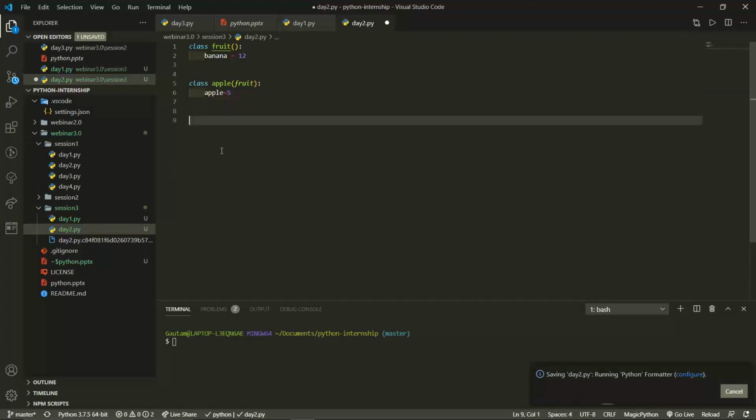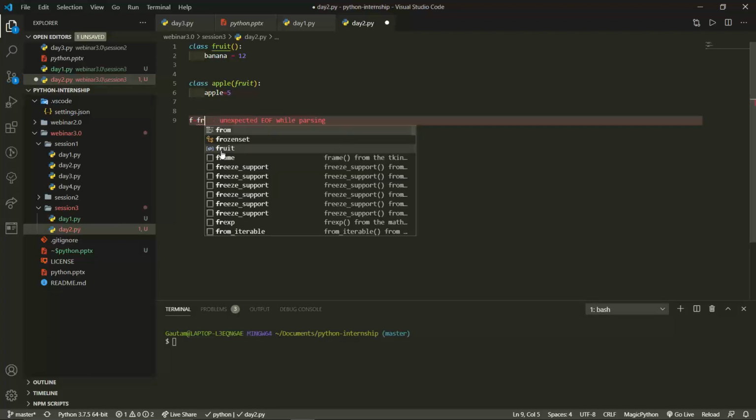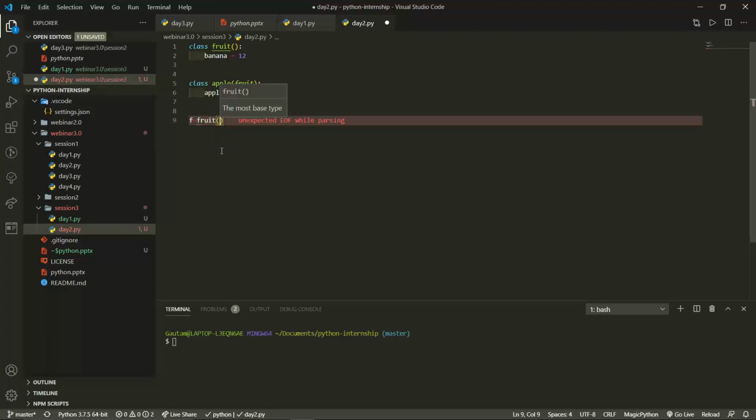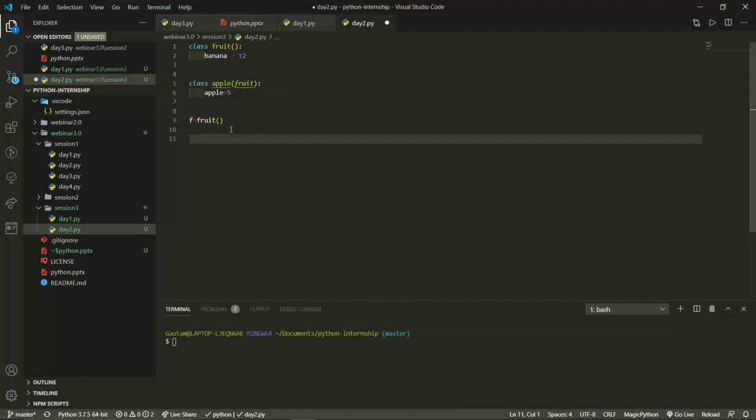Now if we make an object of the fruit class, f may be the object name, the variable f, and inside that I will declare fruit as an object. Now I want to access this banana. How many bananas are there?